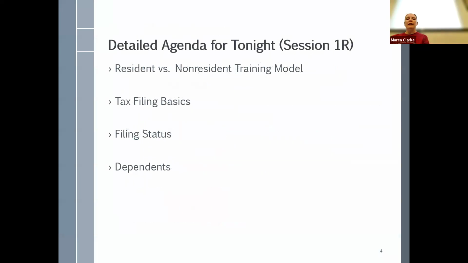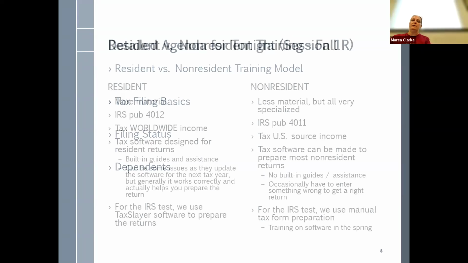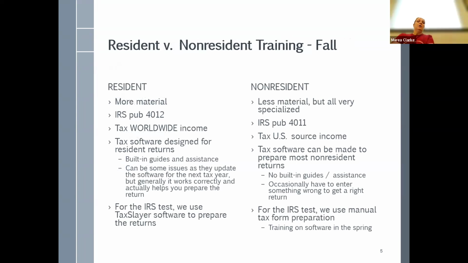So as we start on this, the detailed agenda, let's talk about the training model, some more tax filing basics, and then, like I said, filing status and dependent. All right, so